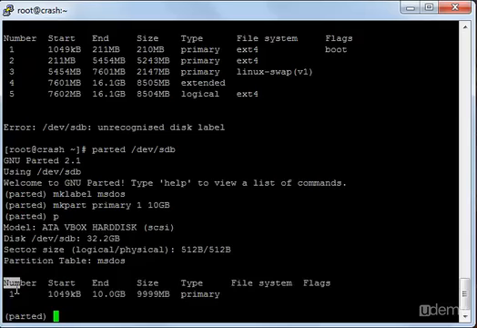It's partition number 1, and now I will format the new partition with file system ext4, but first I will quit the parted utility by pressing q and enter,